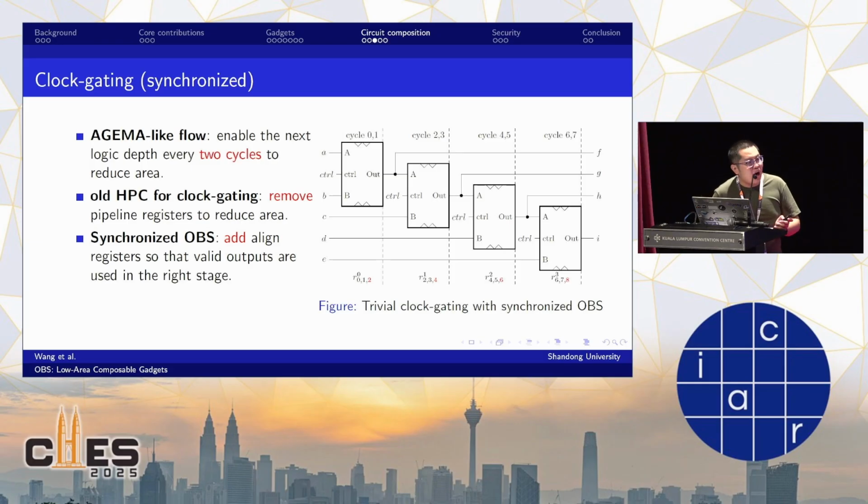But for our scheme, there must be new element registers to synchronize the circuit for the correctness. So to reduce this impact,